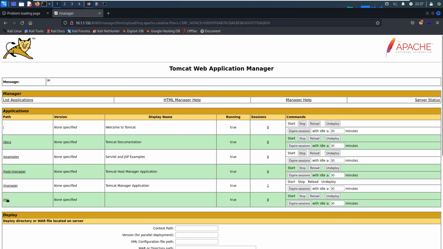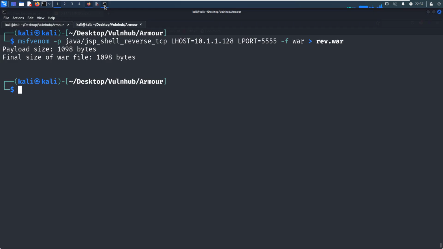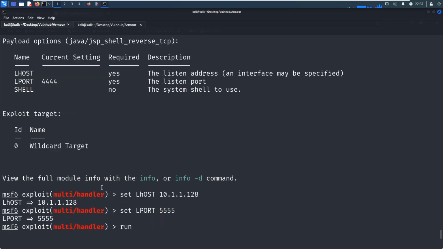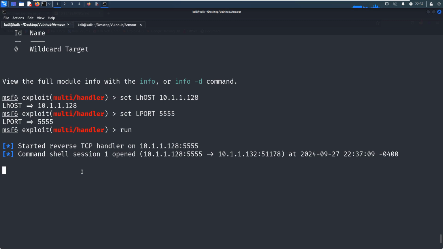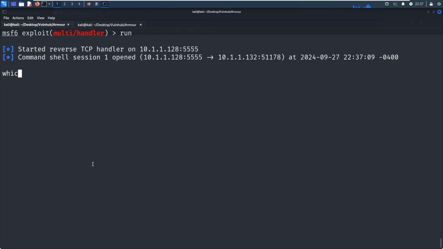Deploy, access. I think now it's working. Yeah, the command shell session is opened. Fantastic, right?